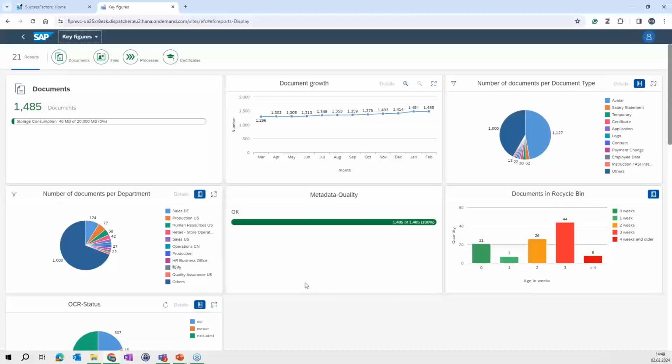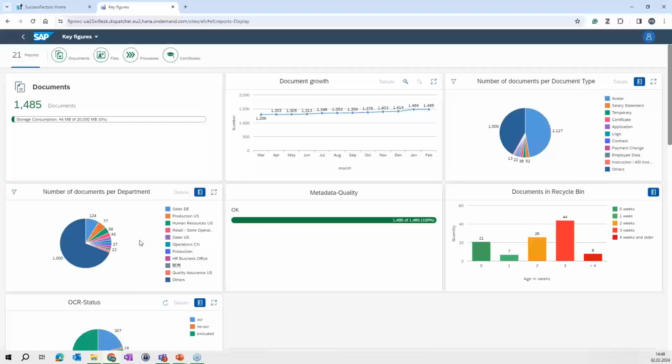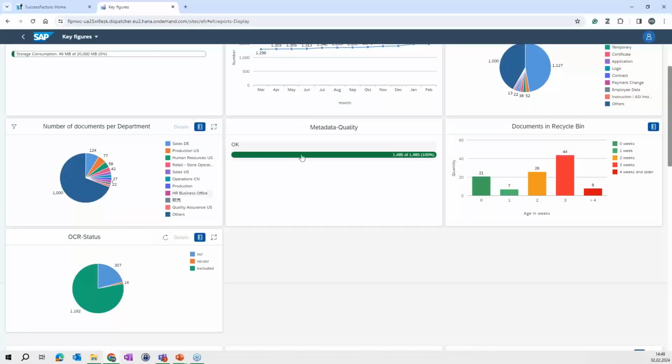This is kind of a dashboard summarizing all important information. The first reports here are linked to documents. You see the storage consumption in the SAP data center, to have transparency about that, you see the document growth, documents per document type, and some numbers per department. But what is more interesting, and currently in our demo environment this is all good, we just see